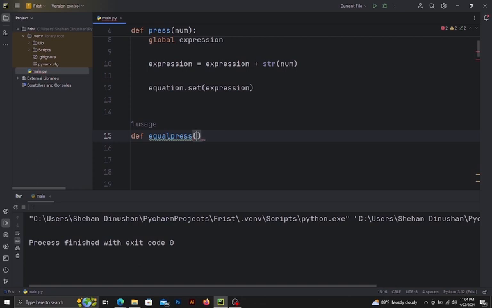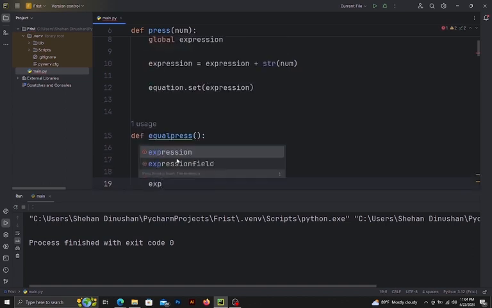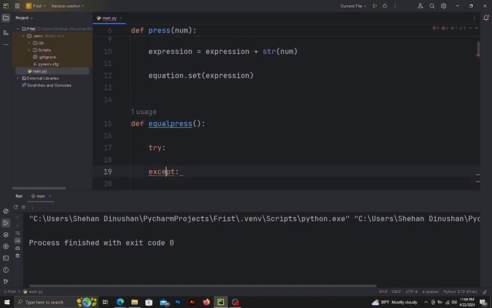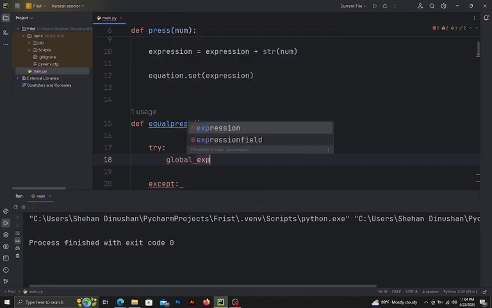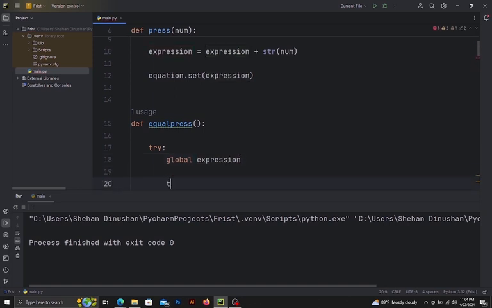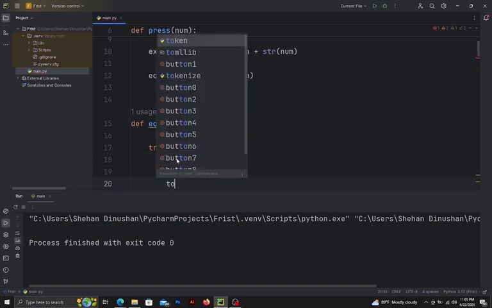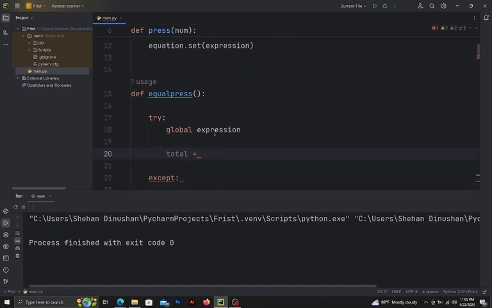When we press the equal button, add a try catch here. I will try global variable, global expression. I'll make a new variable named total and